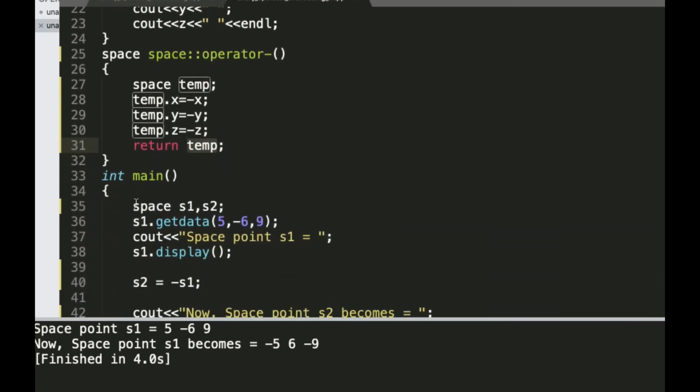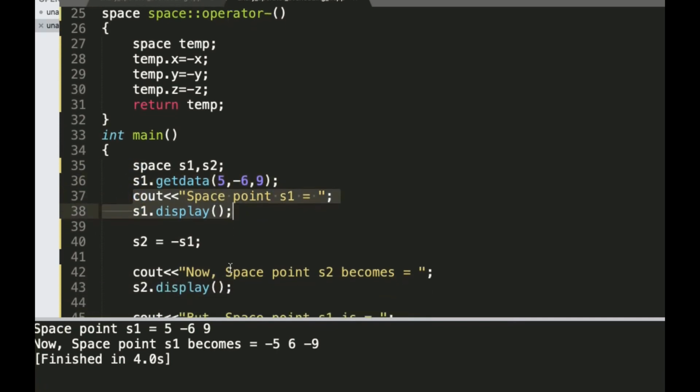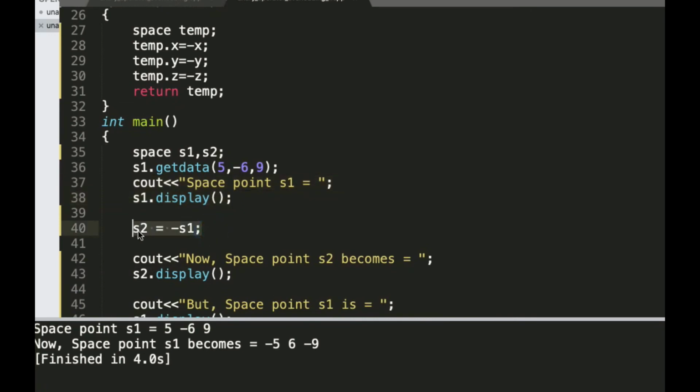So to demonstrate this program, we require two objects, s1 and s2. s1 is initialized with 5, minus 6 and 9, and now I am displaying s1. Now the thing we are doing here is minus s1, so the function called is s1 dot operator minus.